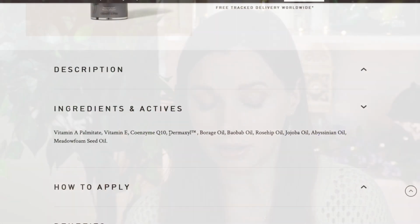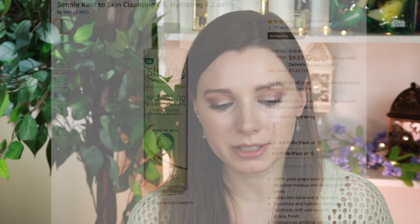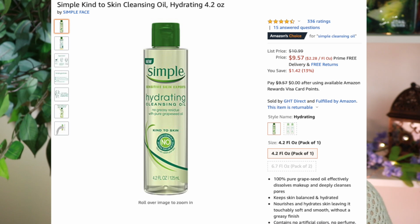However, I do really like this cleanser. I think the ingredients are really great. However, if you are looking for a less expensive alternative, one at the drugstore that's really nice is the Simple Hydrating Cleansing Oil. This has grapeseed oil in it, which actually can scavenge free radicals. It has no added fragrance or essential oils. And I've seen this for around $5 in Kroger. And I also saw it on Amazon for just under $10. So that is a much more affordable option